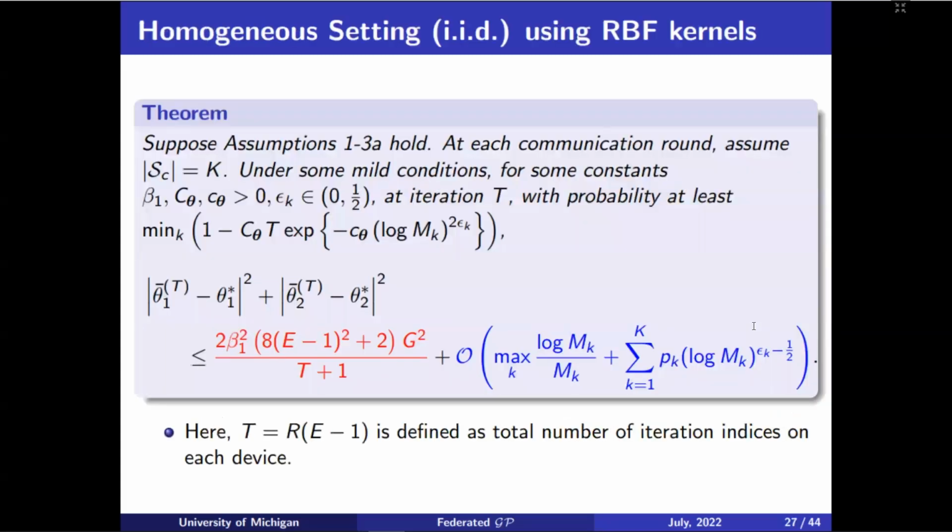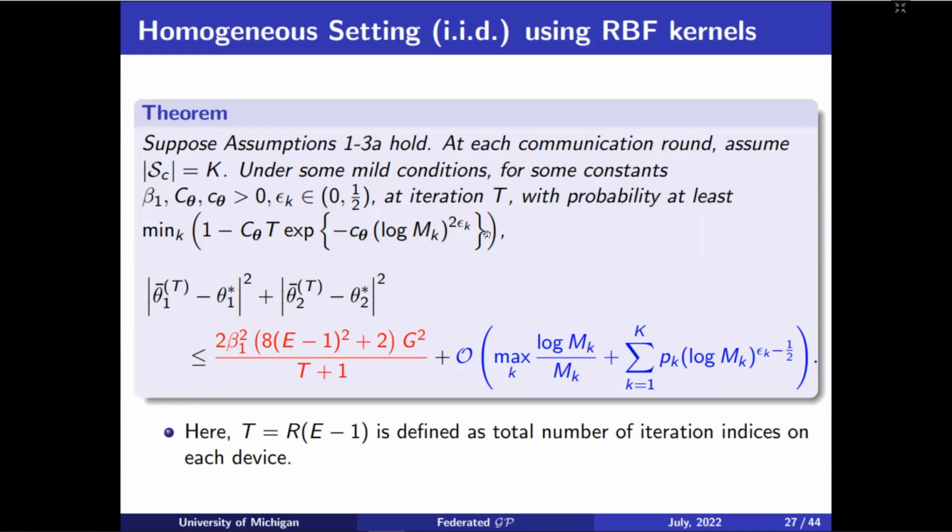And now let me present our results on the IID setting using the RBF kernel. By IID, we mean that the data distribution among all the devices is IID. Suppose the assumptions hold at each communication round. Assume all devices participate in the training. And under some mild conditions, we can